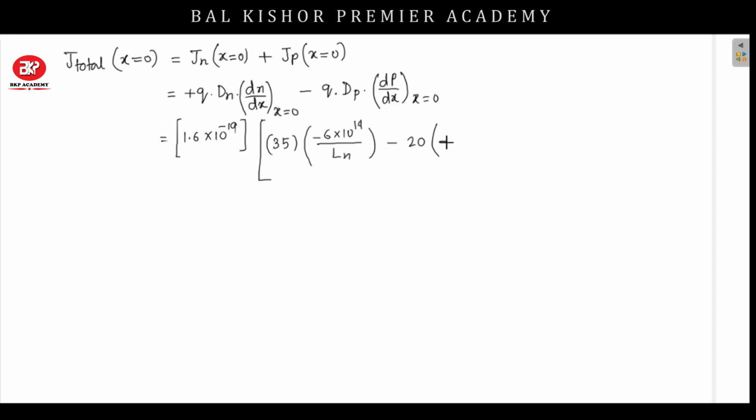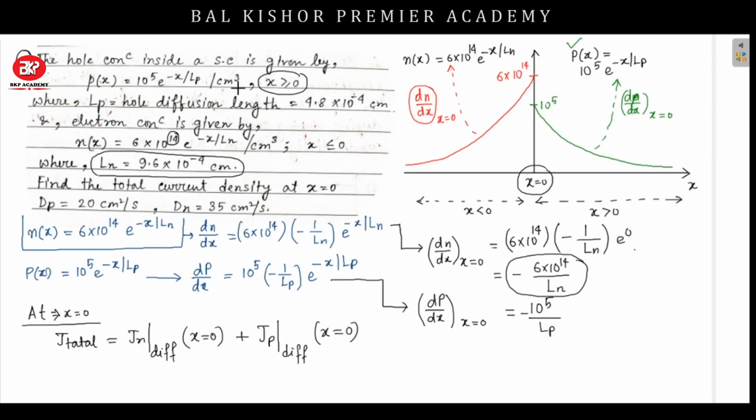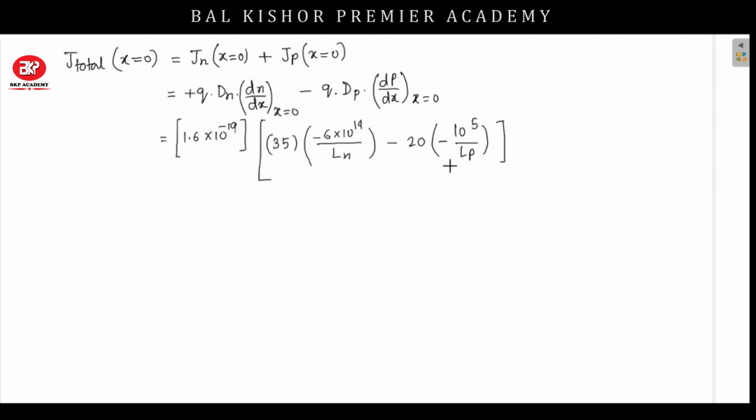So it will be -10 to the power 5 divided by lp. After putting the ln and lp values, which are given here, if I put this lp value and ln value in this equation, then the value that we can find right now is